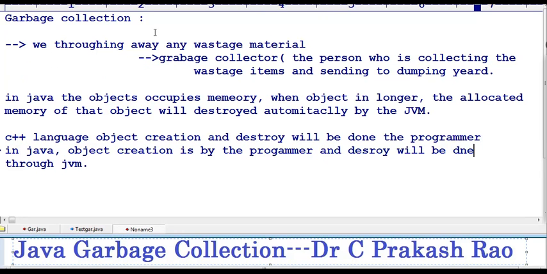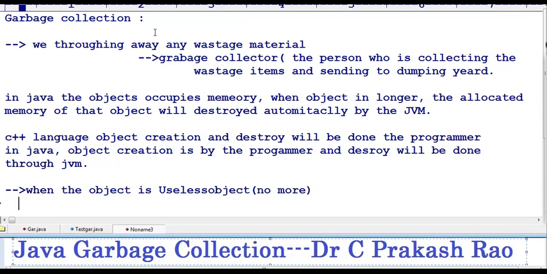So what takes place from one to the other? When the object is useless, when the object is no more needed, that means the object is no more. There are three cases. One is when you assign a null value to the object,